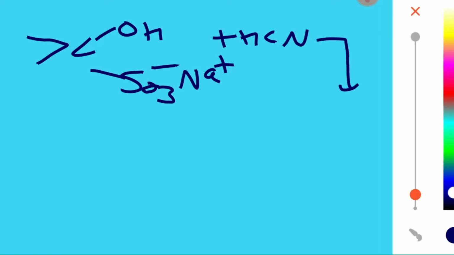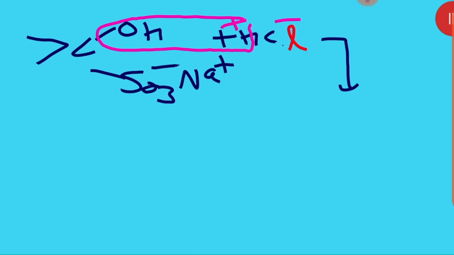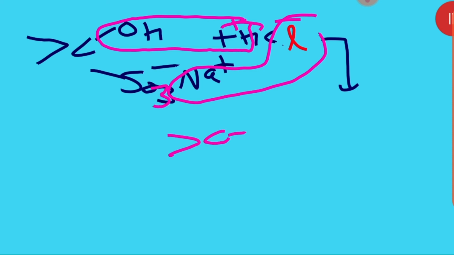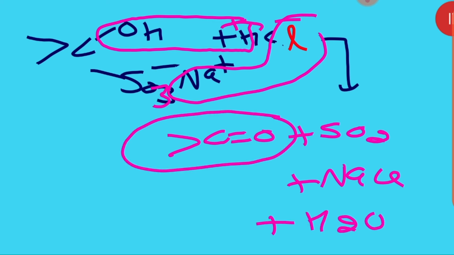Suppose I am giving its reaction with acid, with HCl. Then there will be H⁺ and Cl⁻. Now you see, all of you, H2O will be removed, then NaCl will be removed, and from SO3, SO2 will be removed. Then what is left there? The ketone, plus SO2, plus NaCl, plus water. The ketone, or aldehyde, we are getting back the same way, students.